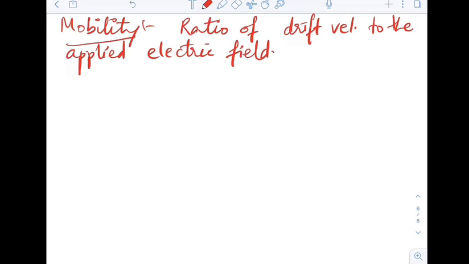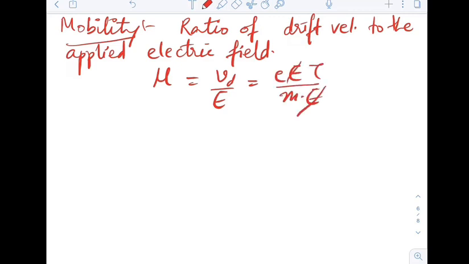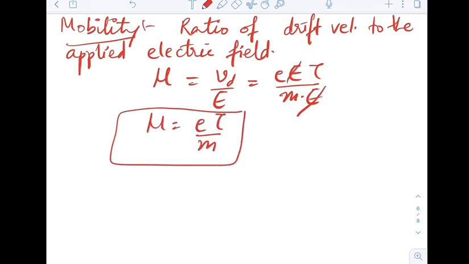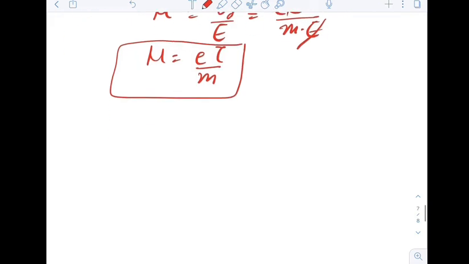So we can say that mobility, which is given by mu, is equal to Vd by E, which is equal to eE tau upon m into E, E cancels out, and mobility becomes e tau by m. This is the formula for mobility,